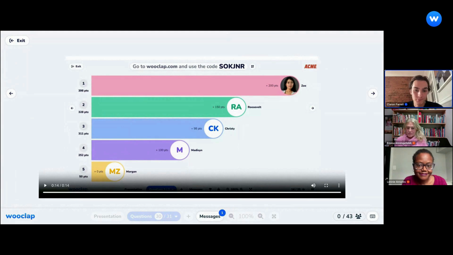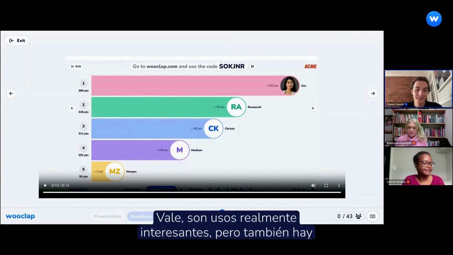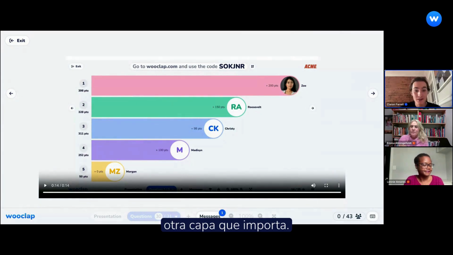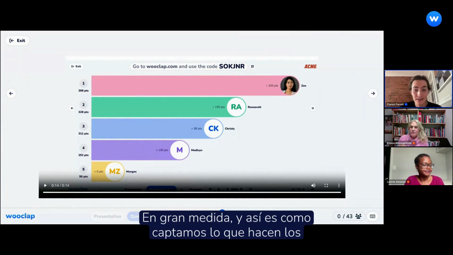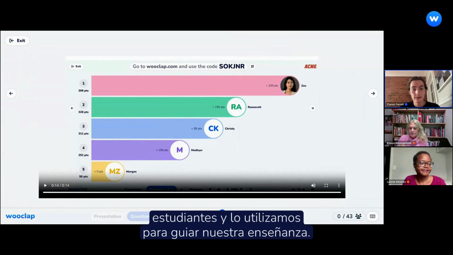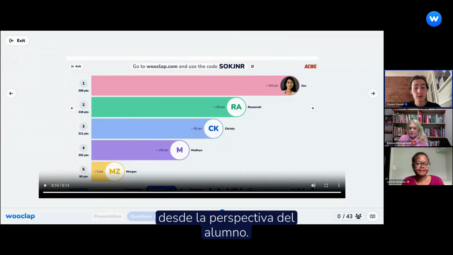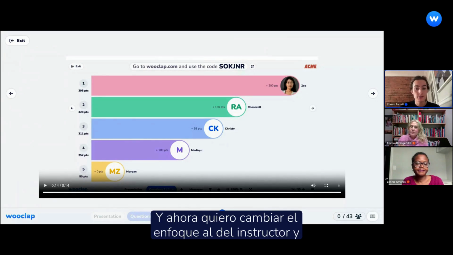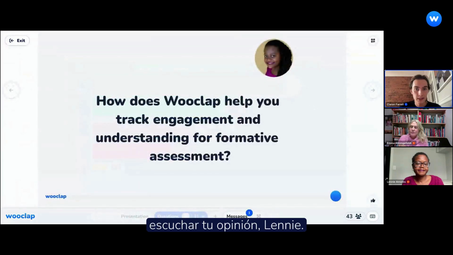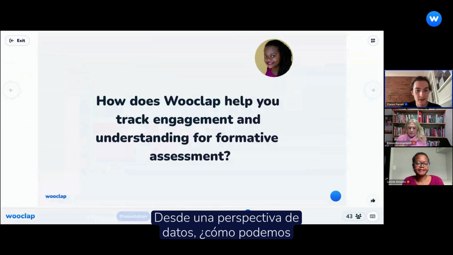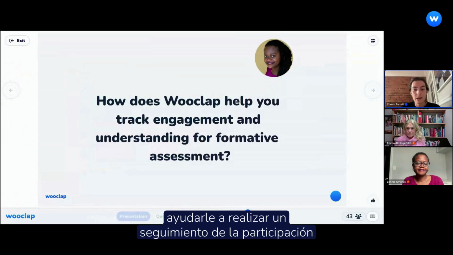Okay, so really interesting uses there, but there's also another layer that matters just as much, which is how we capture what students are doing and use it to guide our teaching. We've talked about engagement and production from the learner's side, and now I want to flip the lens to the instructor's side. And here from you, Lenny, from a data perspective, how did Wooclap help you